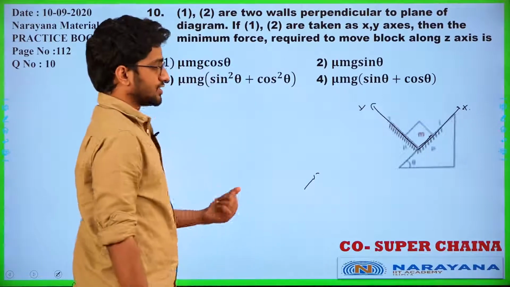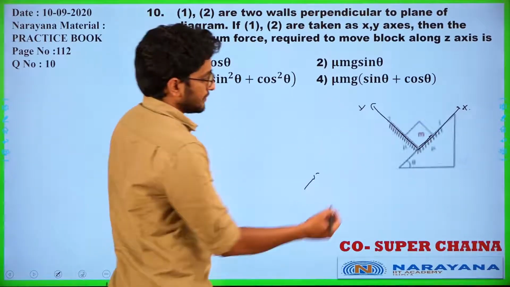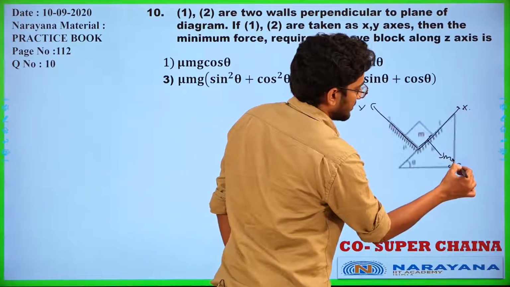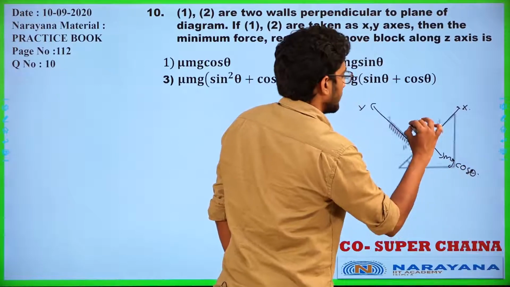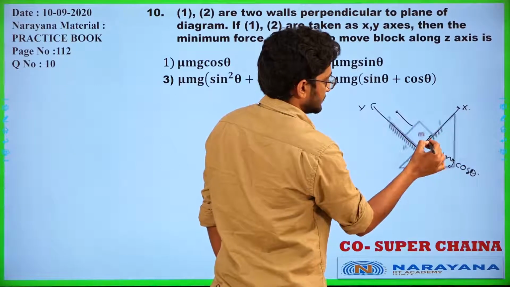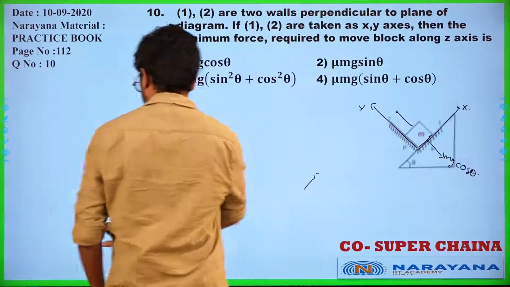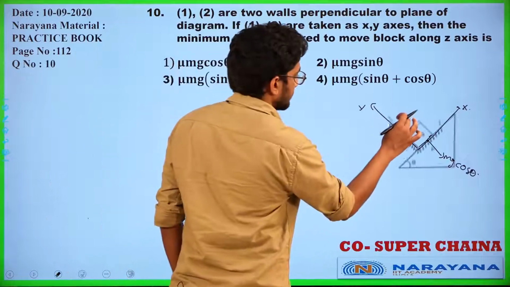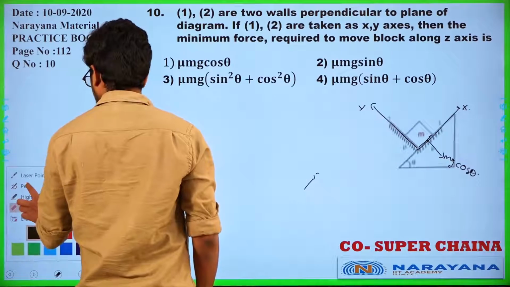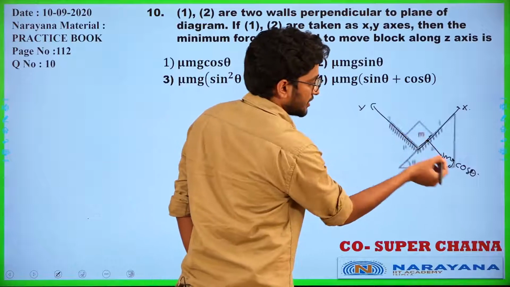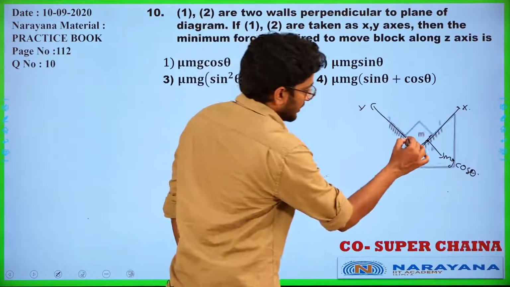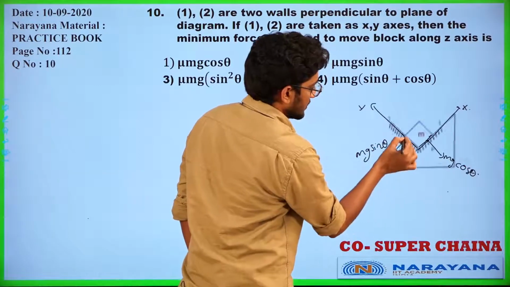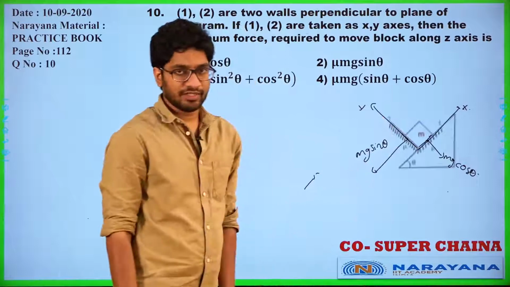But how do I calculate friction? I need normals at both the surfaces, right? So if it has mass m, one component of the weight, mg cos theta, acts here and one normal acts here. So one normal force is acting here, that should be equal to mg cos theta. And here is another component of weight, that is mg sin theta. So the normal at this contact should be equal to mg sin theta, right?